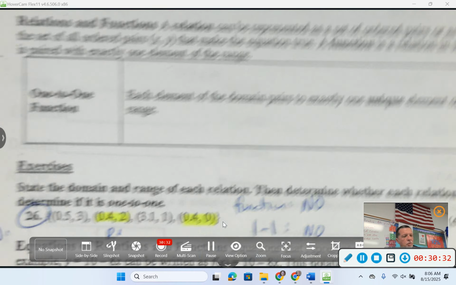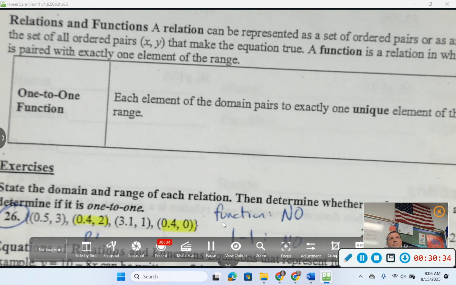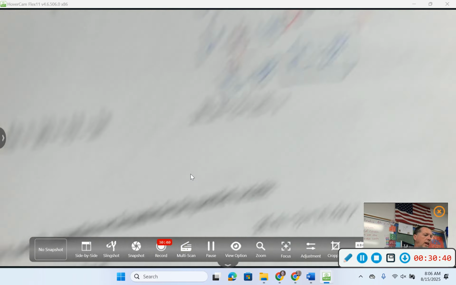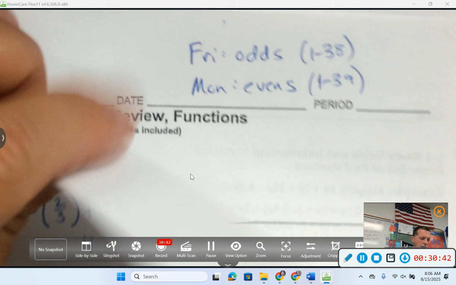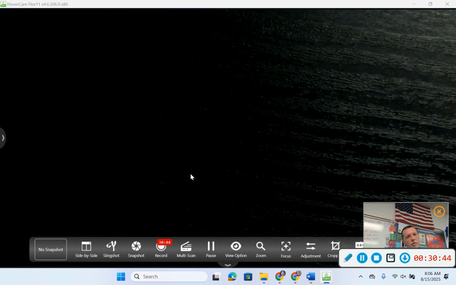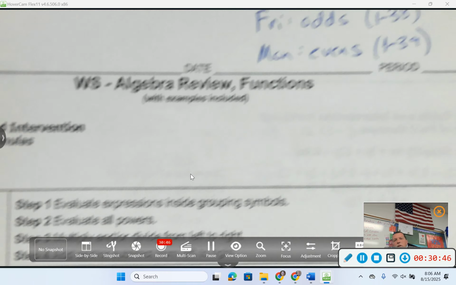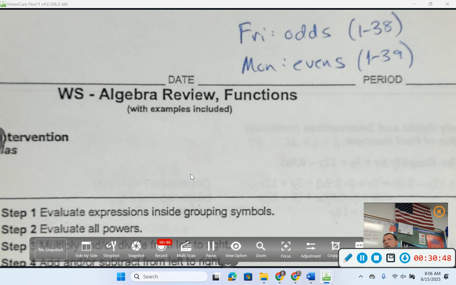Okay, so you've got 13 minutes left to work if you want to work some while you're here. Again, today's assignment is the odds. On Monday, we'll answer questions from the odds, maybe work a few more of the evens, and then you'll have time to work on it on Monday. Whenever you turn in your packet on test day,